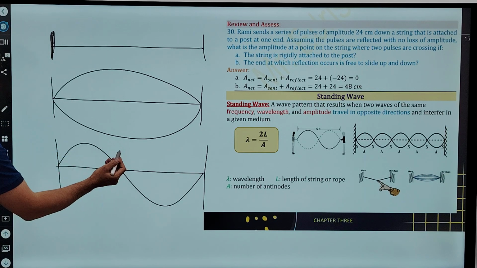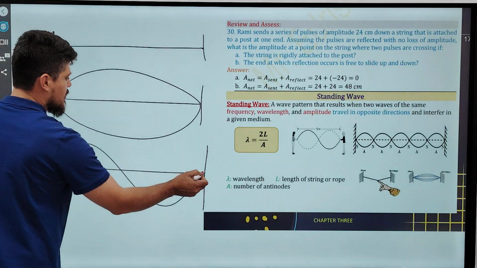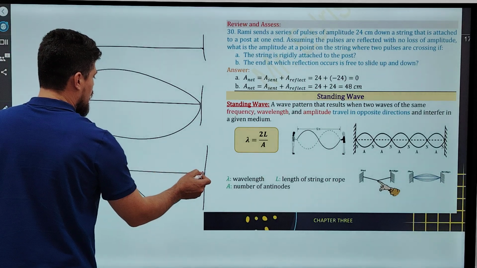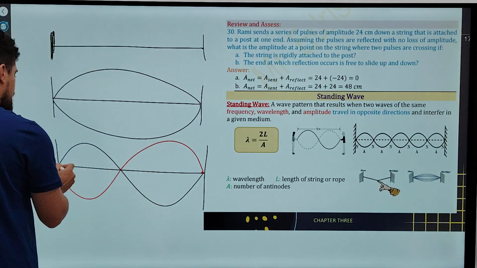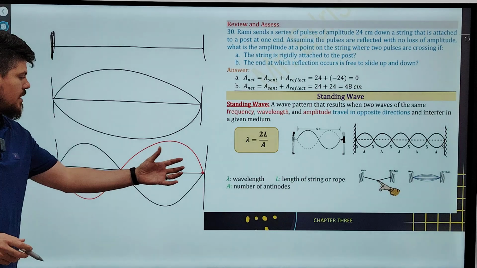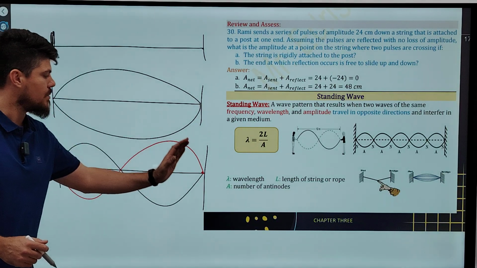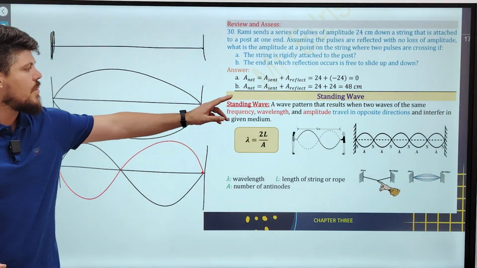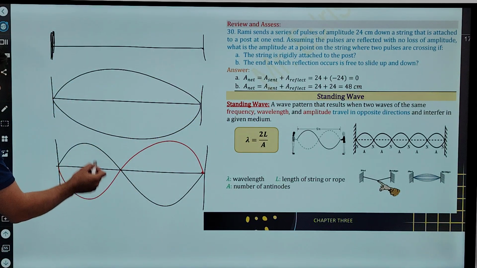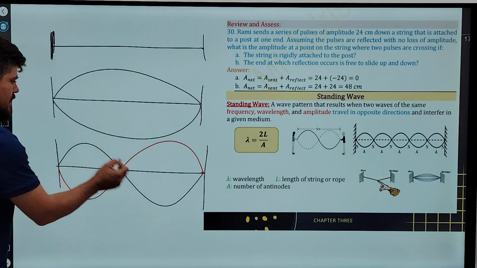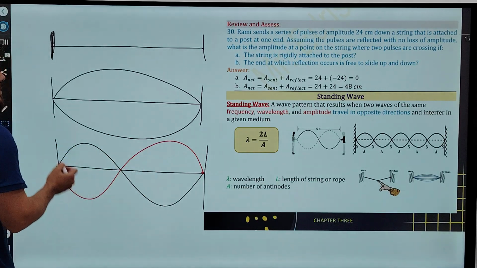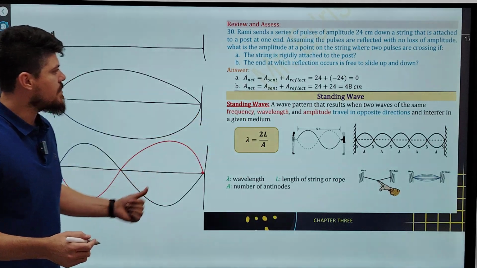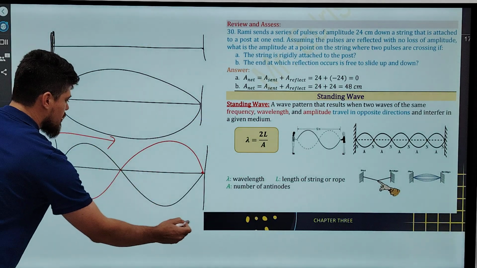So this is the incident pulse. Because of the fixed end, the wave is going to be reflected. So this is the incident pulse and this is the reflected pulse. This is the incident wave and this is the reflected wave. So that is why, according to this definition, a standing wave is a wave pattern that results when two waves of the same frequency, the incident frequency and the reflected frequency being the same, and also the same wavelength and the same amplitude